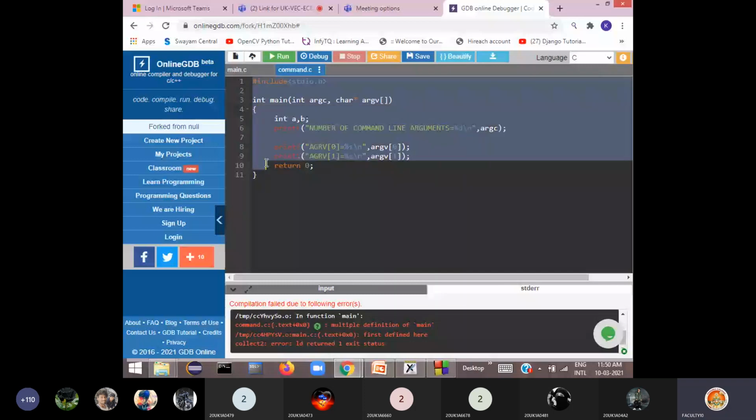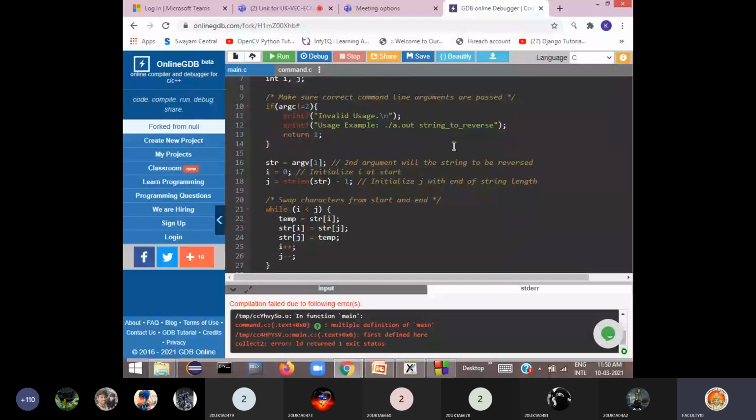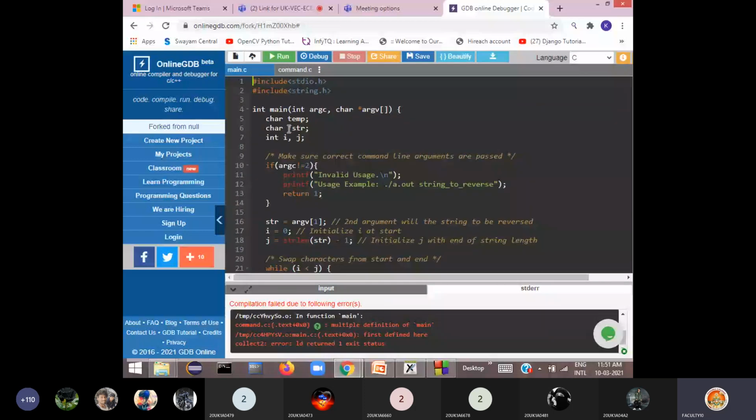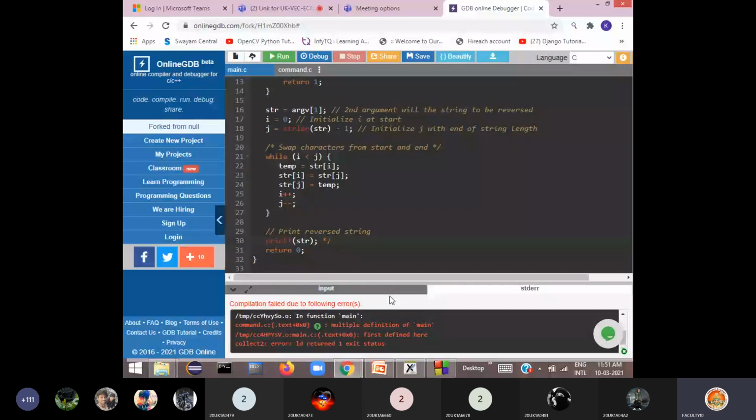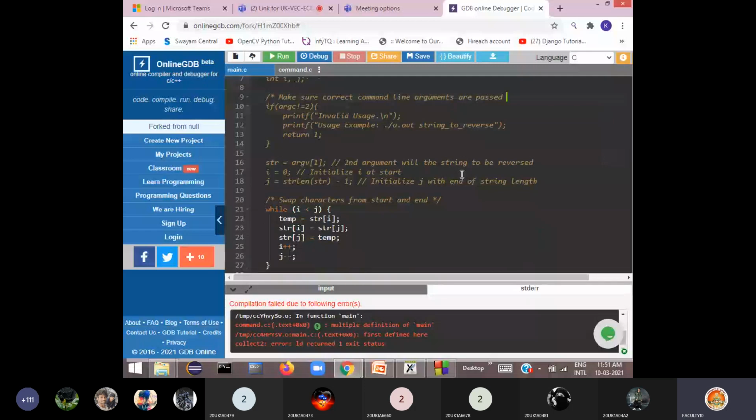So I copy this and keep his entire code in comments. The comment is already there, this I should remove, and here also.